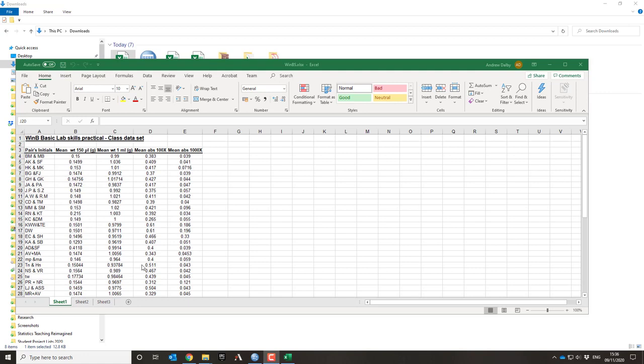So the only thing this data set is really going to be used for is descriptive statistics. You're not doing any comparisons, there's no hypothesis involved in this at all. It's just descriptive statistics. So the first thing is to get the data into IBM SPSS,